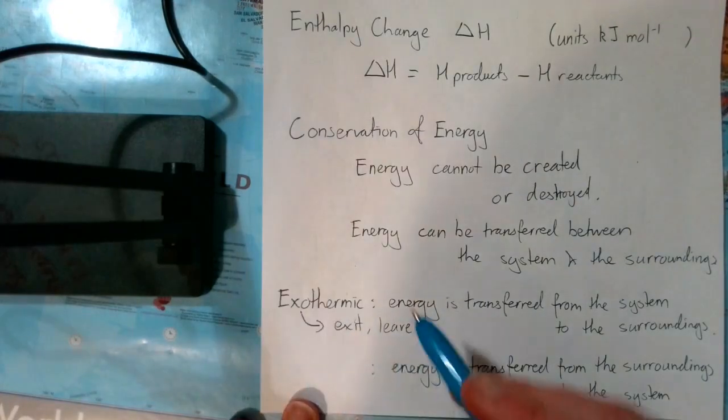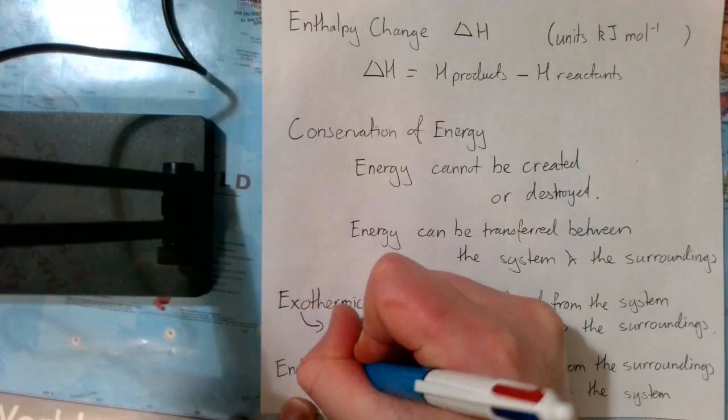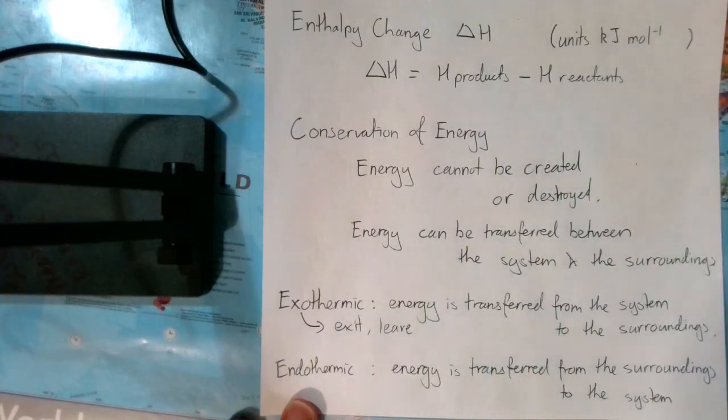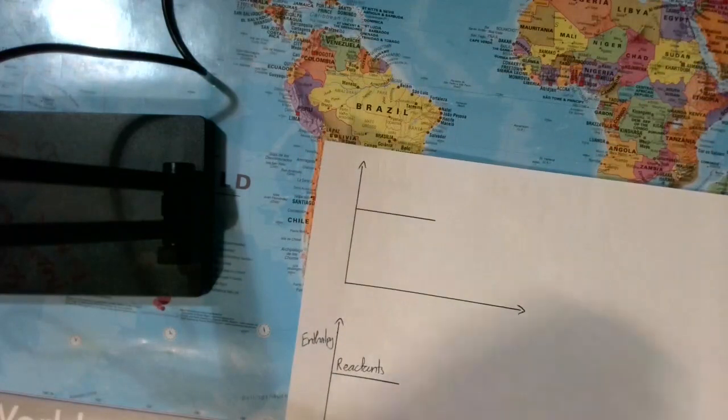And the opposite of exo is endo. So an endothermic process is one where energy is transferring into the system. There's more energy in the bonds of the products than there was in the bonds of the reactants. Right, let's try and represent this in a